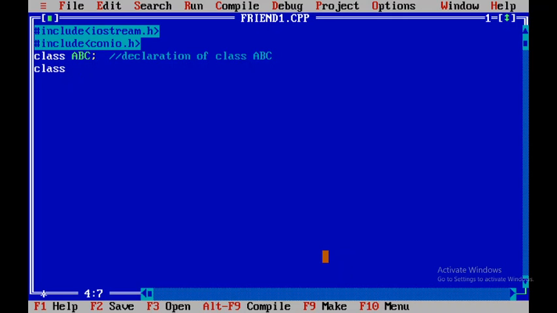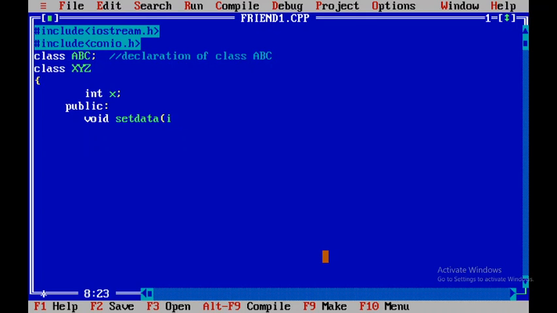So I am writing another class. In this second class, let us consider I am taking a single data member, that is int x. Now in the public section I am going to write one method, void set data.